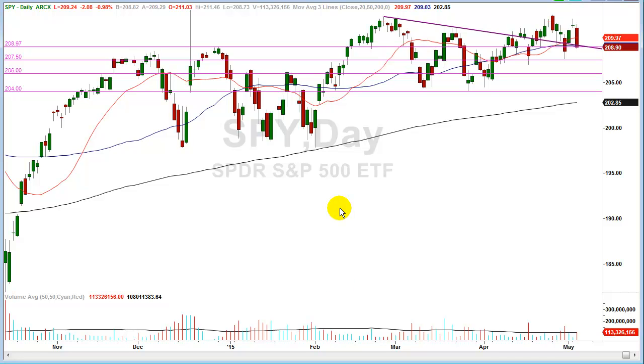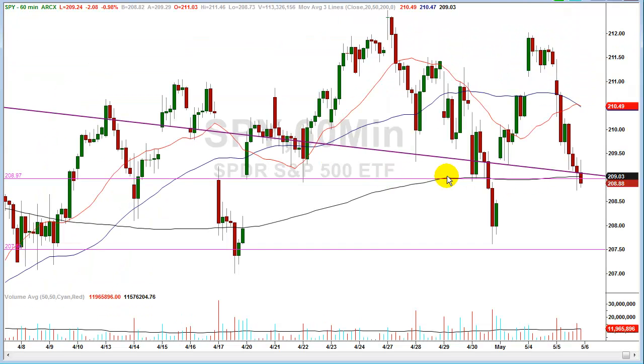Here's the SPY chart. I know this is a busy chart, but I'm going to explain everything, and there's a reason why all these lines are here. I've added a couple since you saw it last. Let's start with where we went today. I'm going to go over to the 60-minute chart. You can see this purple trend line, which I put in at 208.97. We pierced that and bounced through it. On an hourly basis, that was a pretty good bounce. Then we came back down to it again, and we finished below that line. But you can see how that line was important.